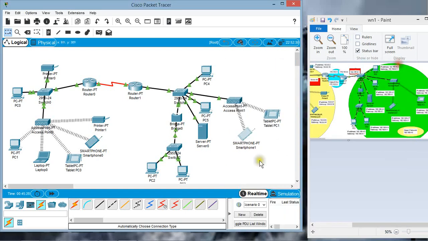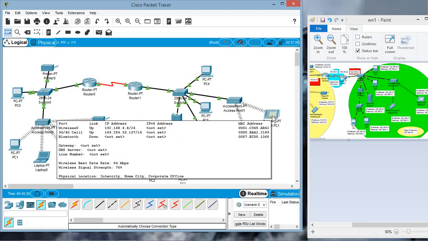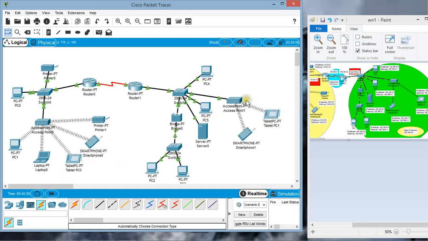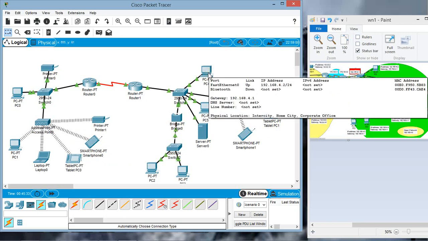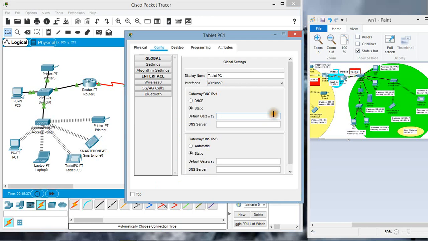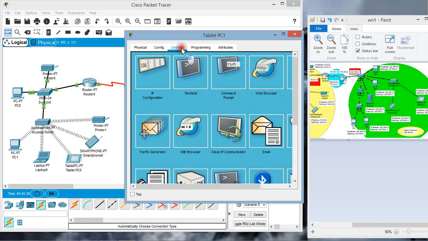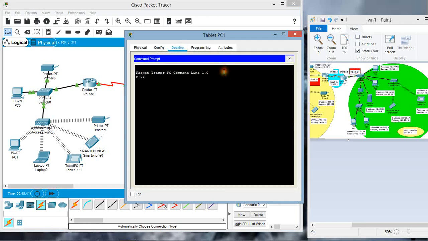Now similarly, we can check the connectivity between this PC4 and this wireless tablet. So I will ping the IP address of PC4, which is 4.2, from this wireless tablet. On the wireless tablet, I'll select the Desktop menu, and here I'll select the command prompt. I will use the ping command for 192.168.4.2.